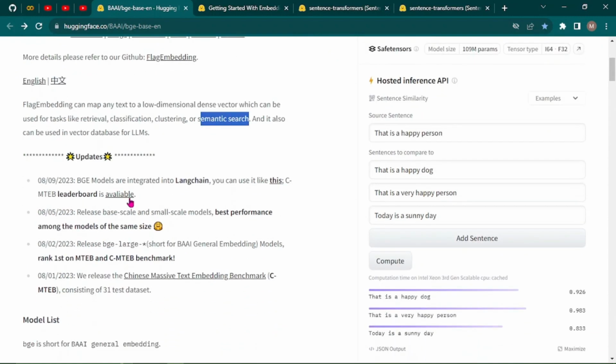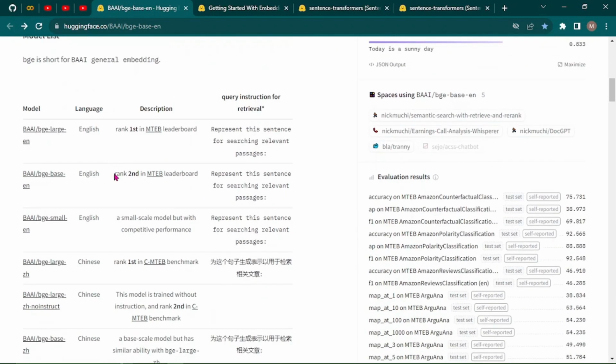And if you come back here, you have the BGE large model, BGE base model, and small model. Any one you can use. The small model is a good one to use, but we'll be using this BGE base model. You can see it's ranked second in the MTEB leaderboard. This sort of model can run on any kind of CPU. You don't need to go for GPU. That's why this model is really effective whenever your PC, CPU or GPU is not that powerful. At that time you can use this